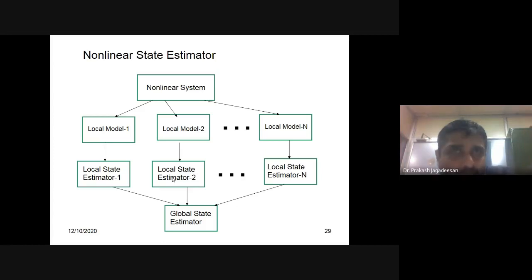Some of the quality variables, for example, top product composition in a distillation column. Something like purity of the top product in a distillation column, purity of any product, there are no sensors available. Only through lab analysis can one assess the purity of a product, purity of honey, say,